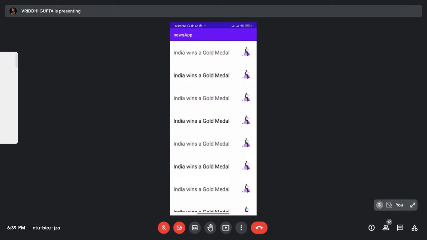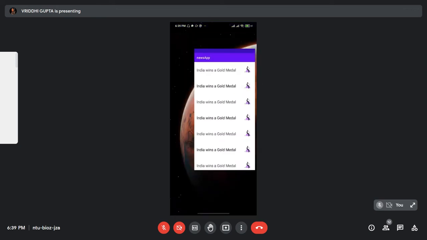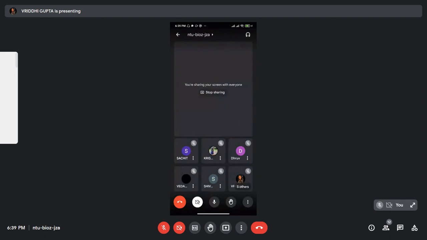In the next study jam, you will be doing coroutines, and you will be connecting your application to the internet, wherein you will be using an API to get data from the internet into your app. So at that time, these headlines will change, the contents will change, so you don't have to worry about that. It will be covered in the next session. So I guess this part is done by me. So yeah, Prasad, I am handing it over to you.